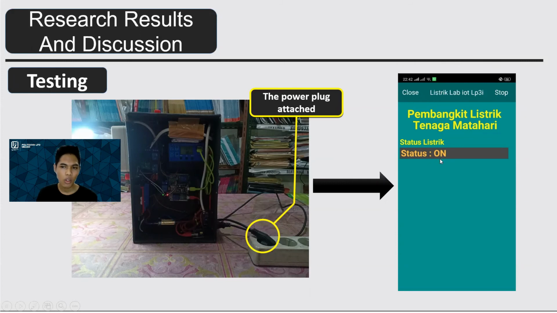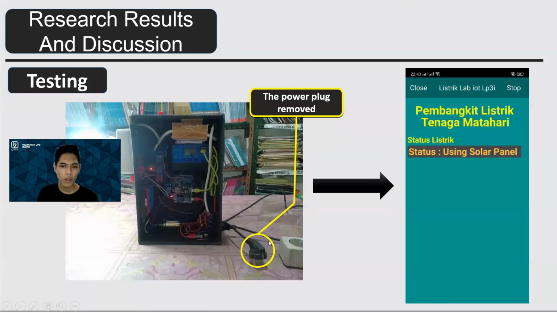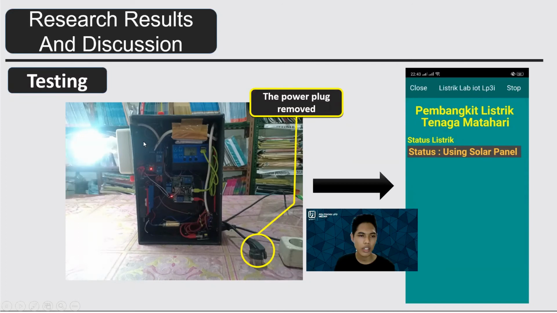Okay, next. For the testing, when you plug the power into this outlet, it will send to your smartphone that status is on. And if you remove the plug from this outlet, it will send that status is using solar panel. And as you can see, this light is on. It's actually on, and when you unplug, it's also on because the generator runs from this battery. This is the battery, a 12-volt battery from